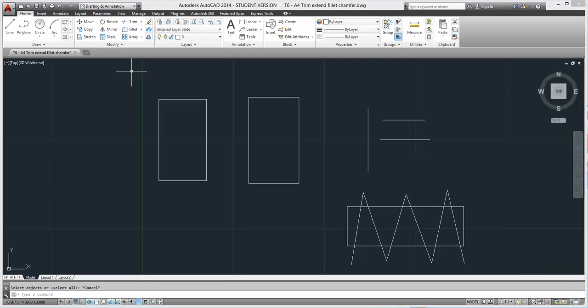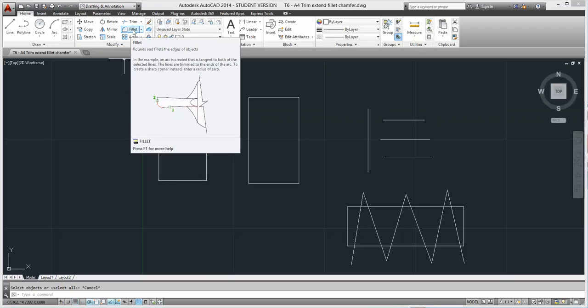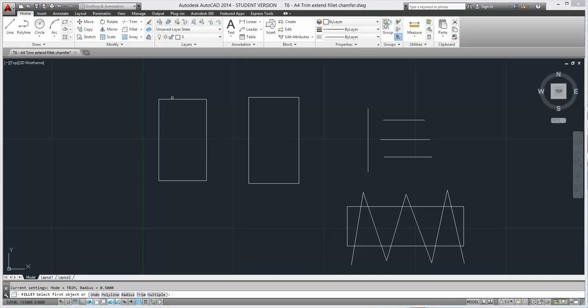Whenever we're trying to do some kind of round edge on one of our polylines or one of our polygons, we are going to be using something called the fillet command, and that's going to be in our modifying section of AutoCAD. So right up here, you can just click on the fillet command, and it's going to give us some kind of rounded edge over here. Now, the first thing that it's asking us to do is to select the first object. So our first object is going to be